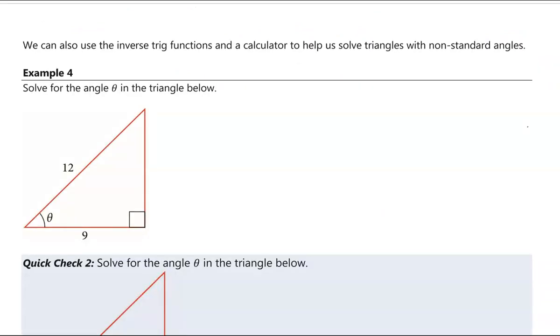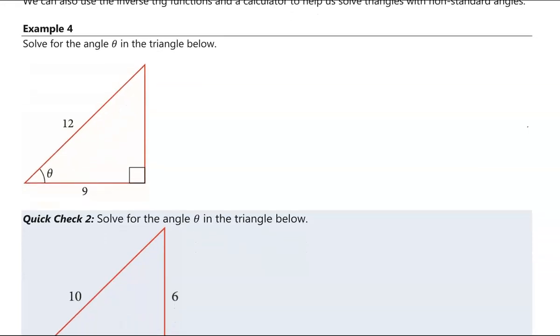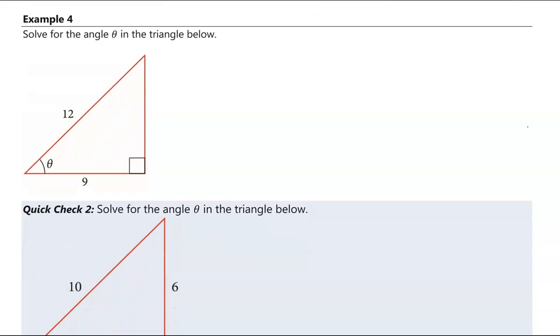We can also use the inverse trig functions and a calculator to help us solve triangles with non-standard angles. Just like example number 4 here, solve for the angle theta in the triangle below. So we have here the angle theta and the two sides, 12 and 9. If this is the angle, then of these two sides, this is the adjacent side and this is the hypotenuse. And adjacent and hypotenuse, remember, are SOHCAHTOA, so we're using